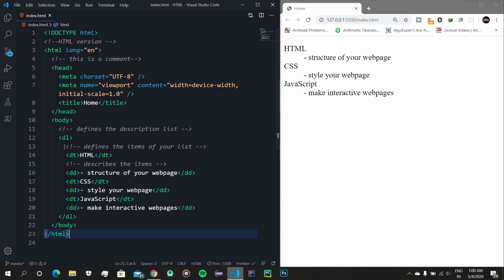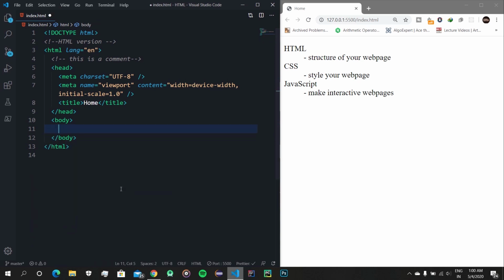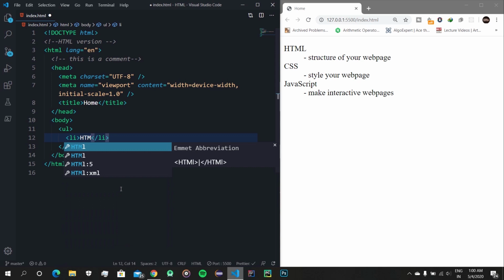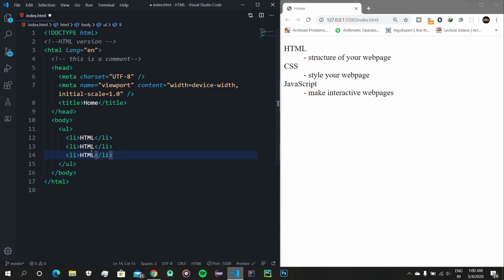Now you can also nest lists. If you want to use a list within a list, you can also do that. Let me just give you a quick example here. So suppose we have an unordered list UL, and let's say we have element as HTML, and let me just copy that down, and the shortcut for this copy will be Shift+Alt+down arrow key.